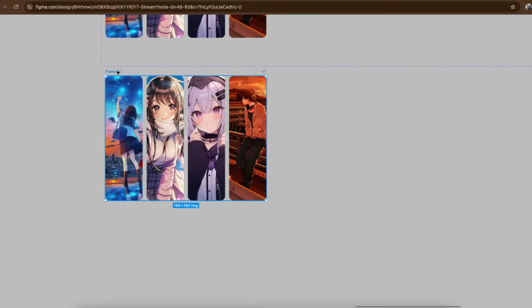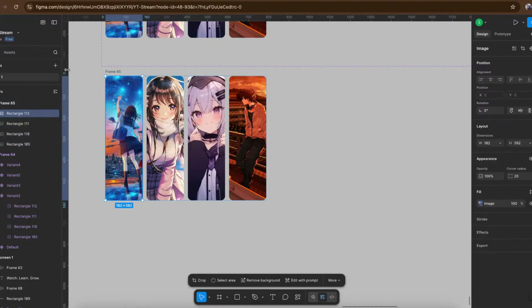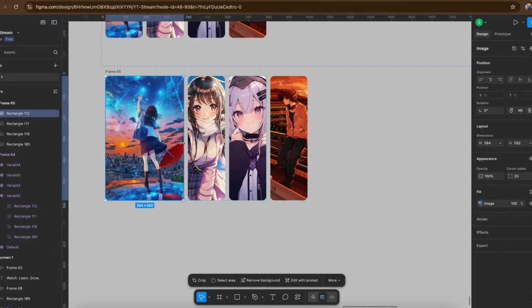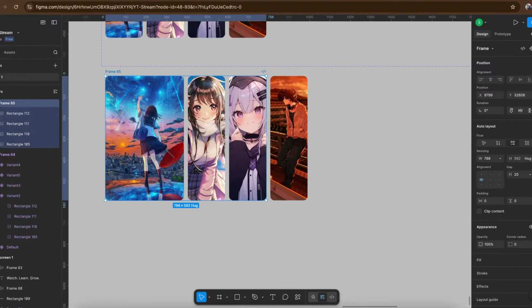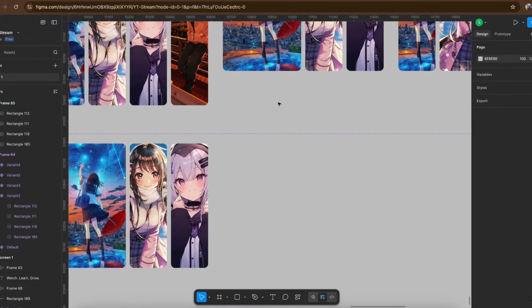First, enable the clip content. I will show you the reason for enabling the clip content. Use the ruler to mark this. I have to move this part till this ruler. When I disable the clip content, you can clearly see this part is also visible, but we don't need this. That's why we enable the clip content. After enabling the clip content, this part gets removed. Similarly,